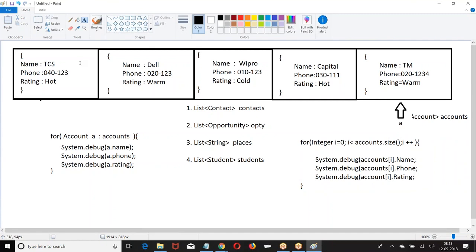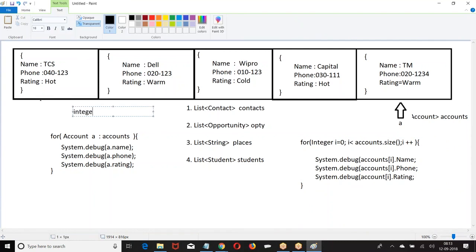Now, look at the point. There are two different points you need to understand here. We are having integer as a class, and the integer data type is a primitive. If anybody knows C, C++, you might have heard of int. That is a data type. Integer is a class. Then you have a clear classification between data type and a class.